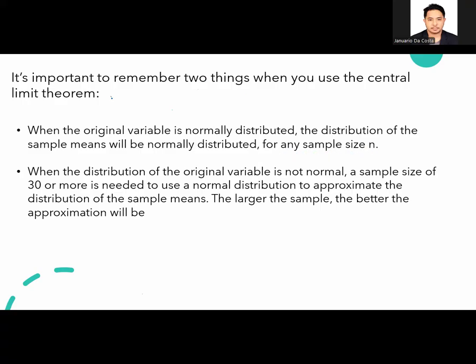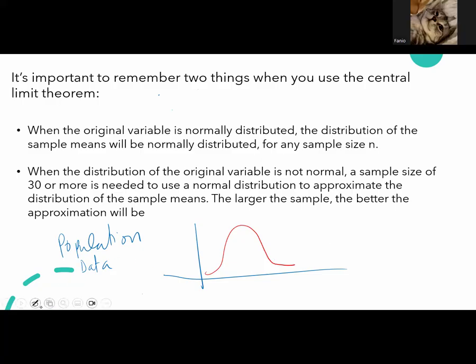For example, the first bullet point means that, in the population, you input the population data. Then, for the original population data, you plot it and get a normal distribution function, okay? Then you apply the central limit